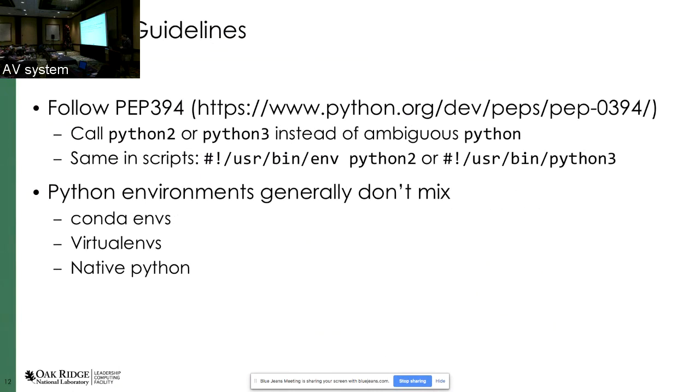And of course, mixing Python environments is not a thing. You can't be using a Conda environment at the same time you're using a virtual env, at the same time you're using the system Python, all within one environment. You can have binaries that use one interpreter, running as a separate set of processes than something else that you're doing. But in general, because of this, it's not practical, really, to use the Python interpreters that we provide to run 2 and 3 at the same time. You can set up an environment where you can do that yourself, but it's 2018, and really, why is